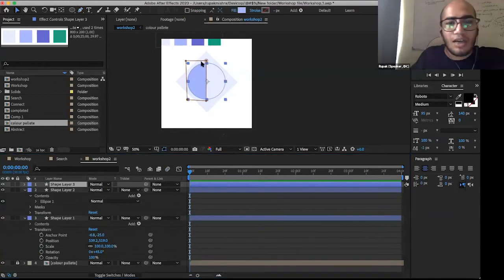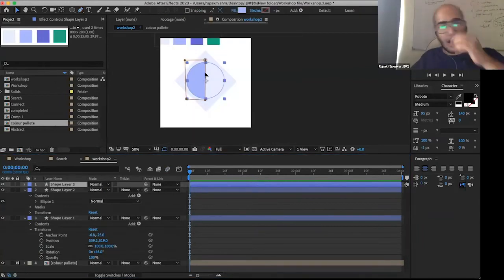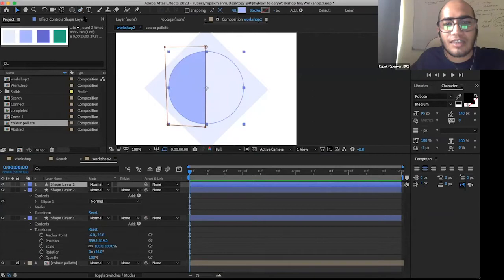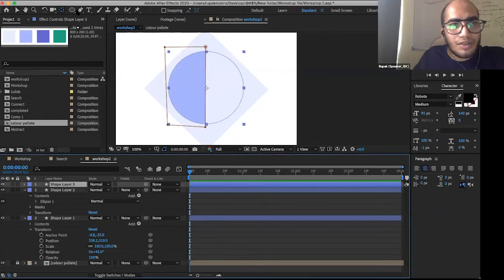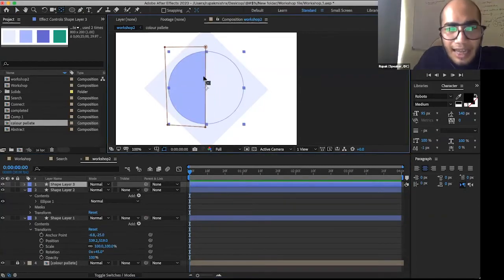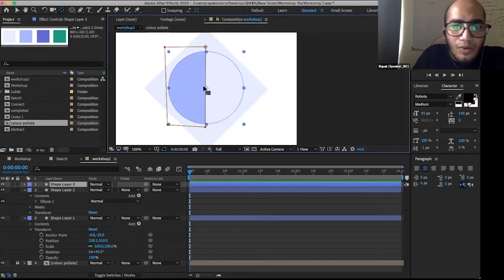Now we see, guys, how the anchor point works. As I showed you earlier, go to this Pan Behind tool. You can see the Pan Behind tool there. Select it and we'll drag the anchor to this corner.